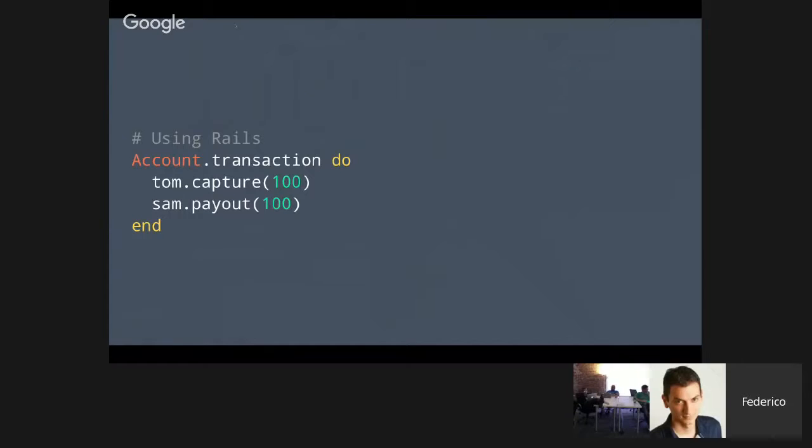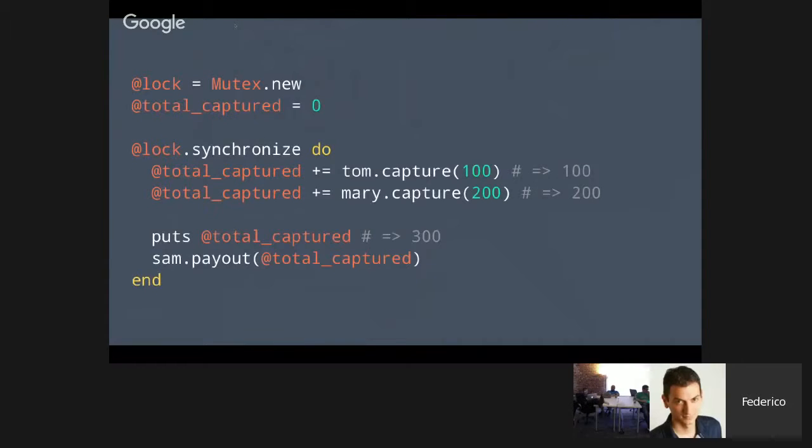So in this case, we do a transaction: do capture, and payout. If payout fails, it will return the capture. Or if capture fails, it won't go into payout. So that's pretty cool whenever you're doing transactions. This is how you do it in Ruby using mutex. It's sort of the same behavior, in that it will roll back. The major difference would be that